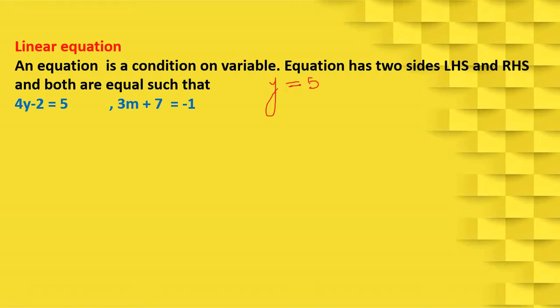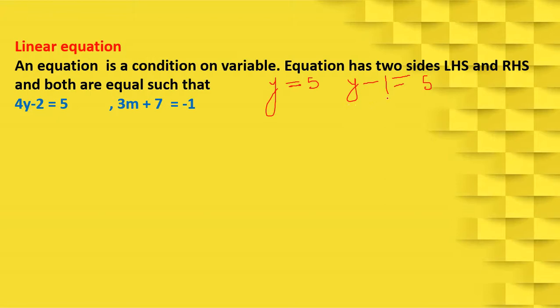If we are talking about y minus 1 is equal to 5, then the value we must have for y is 6. So we can say 6 minus 1 is equal to 5. So the left hand side y minus 1 becomes 5 when we take y is equal to 6. So this is the condition on the variable, that it must be 6, and only then 6 minus 1 gives 5. So this is an equation, which is a condition on a variable, or we can say it is an equality also.